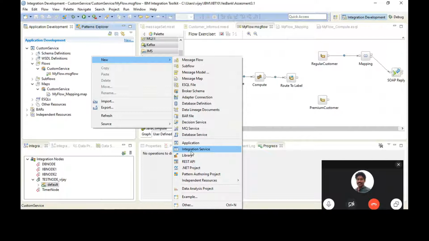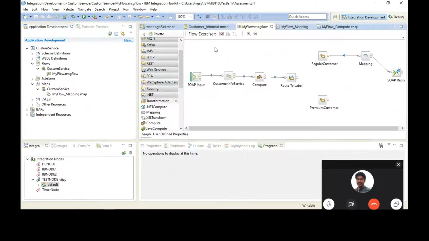Okay. So first, I will use your existing application. We'll go into debug mode. I'll show you what this domain thing is that I'm talking about. So let's start the debug mode. Already in debug. Trigger a message.